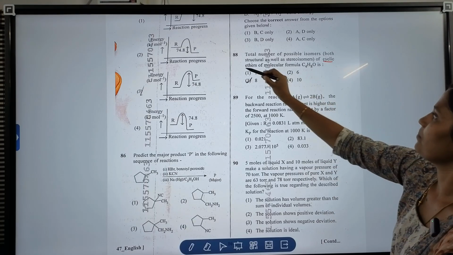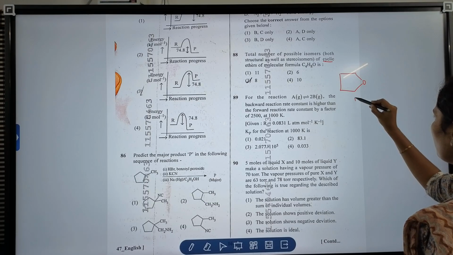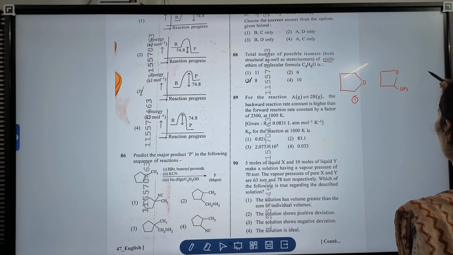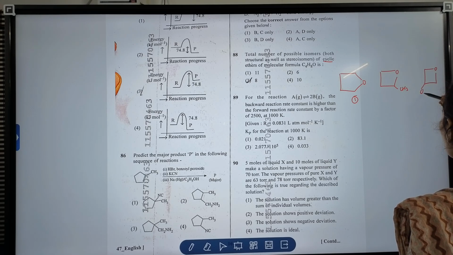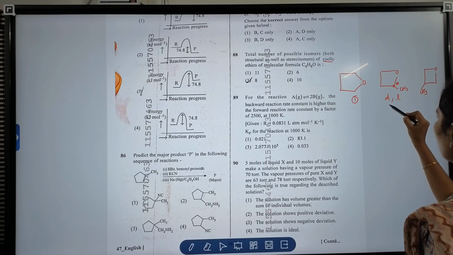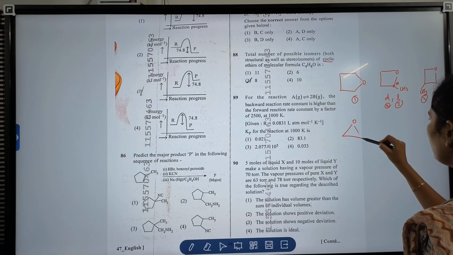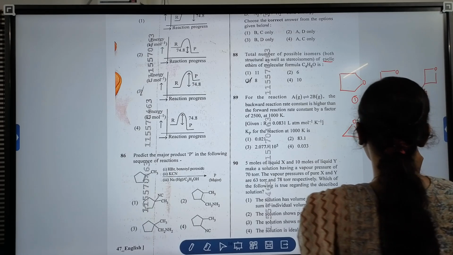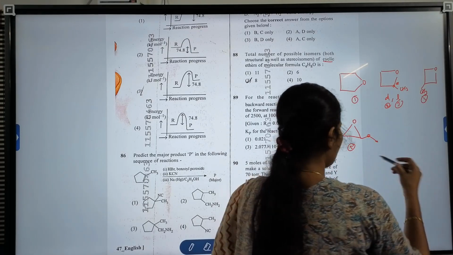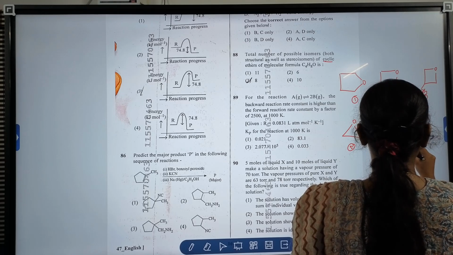Of cyclic ether. So cyclic ether, 4 carbons, 1 oxygen in a ring. This is a molecule. Next we can write 1 methyl group here, right? In another case, on the opposite side. And here, you know, this is chiral. So it will have D and L forms. So 2, 3, 4. So next case will be like this. Remaining 2, it can be like 2 groups, 2 carbons together. Sorry, it's ethyl, or we can take 2 methyl, or